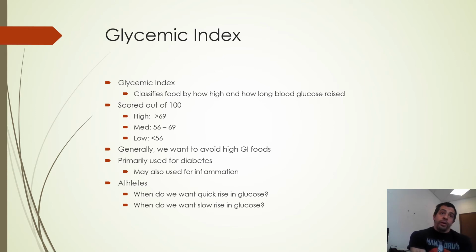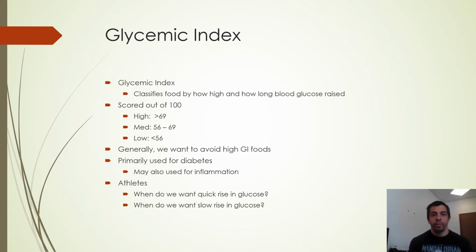I already said where those highly processed foods that are high in sugars are. Those are some situations where we might want a high glycemic index food. A highly processed sugar is also likely to be very high on the glycemic index, right? And if it's high on the glycemic index, athletes may want them in certain situations.